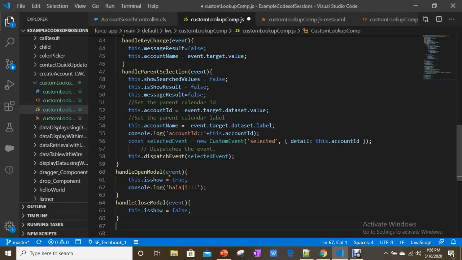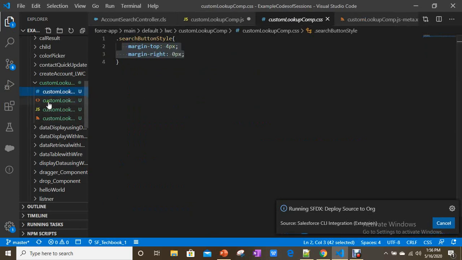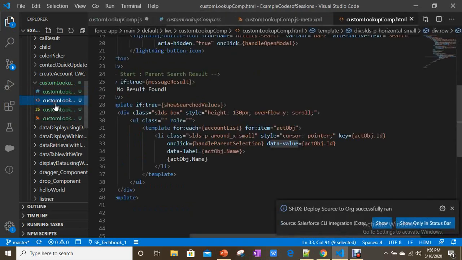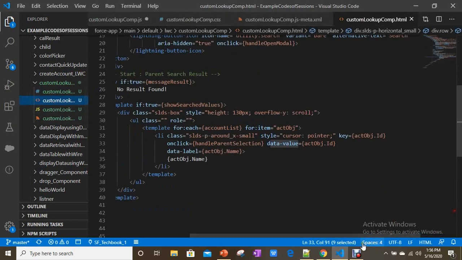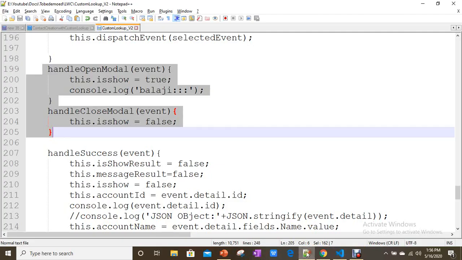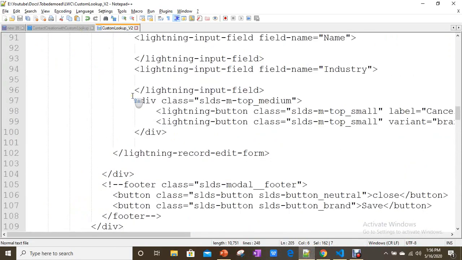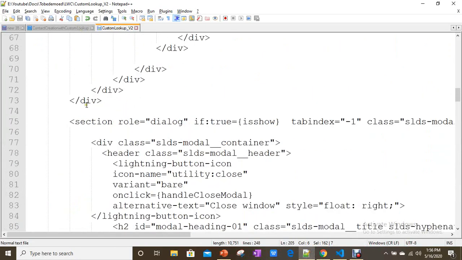Now handle modal handle. For that, what I'm going to use, let me open the HTML file. I'm just going to use modal. See here, same thing.